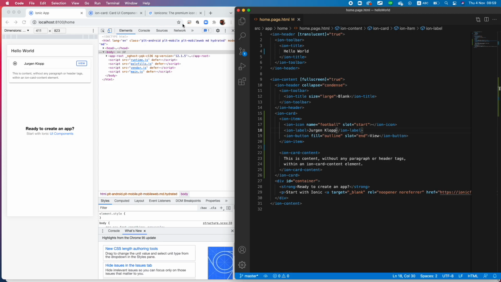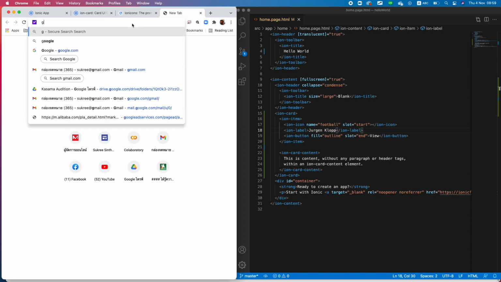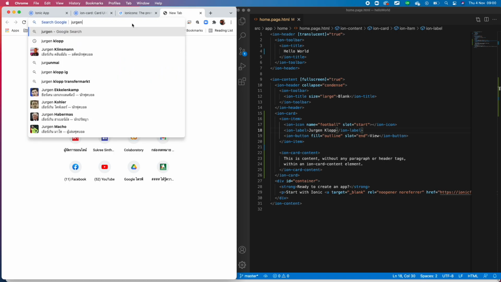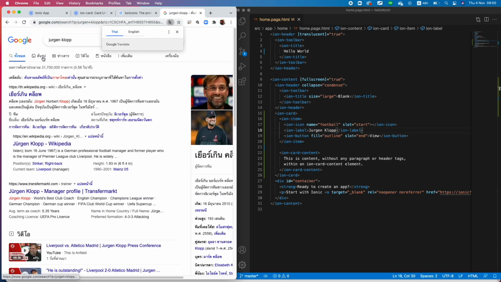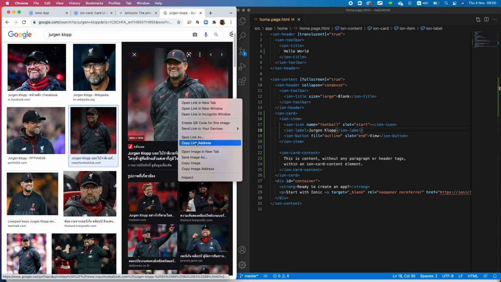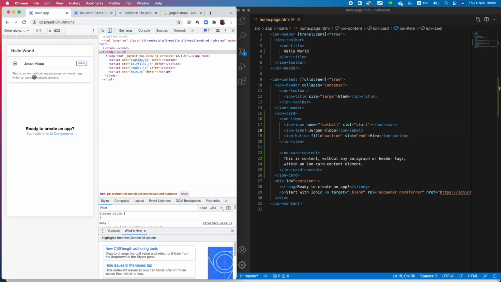Okay, and then you can find some image. For example, if I choose this one, I will copy the image address, and here in our